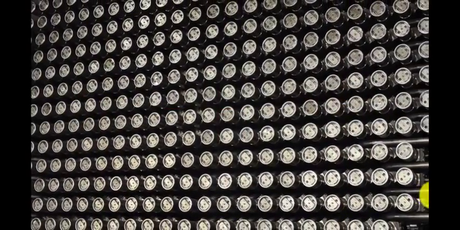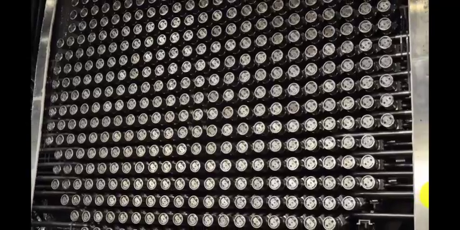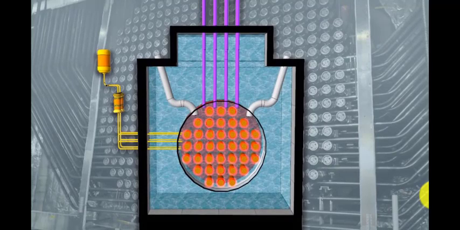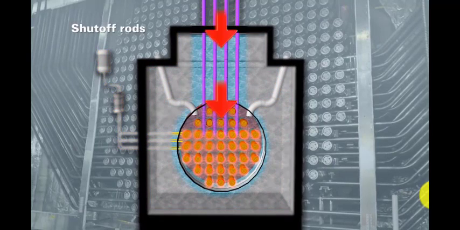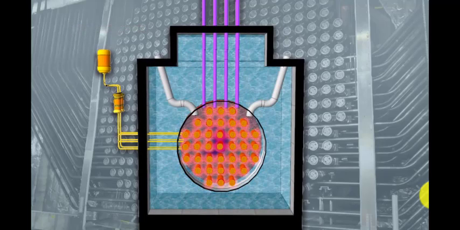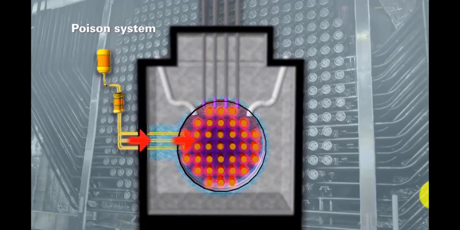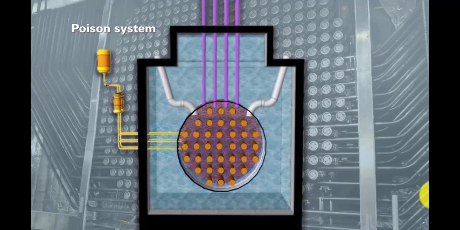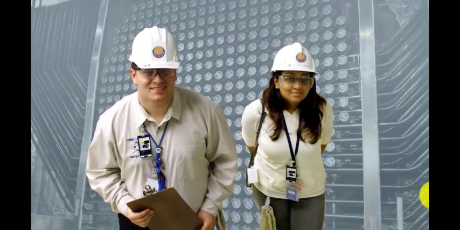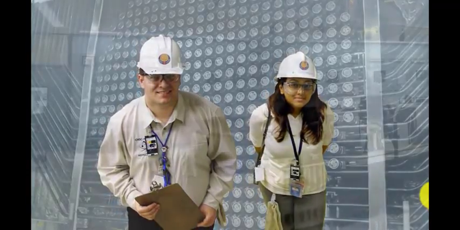CANDU reactors have two efficient and equally effective shutdown systems. The first shutdown system is made up of rods. They fall automatically and stop the nuclear reactor if something unusual happens with the reactor. The second system inserts poison, which stops the reactor immediately. Both systems work without power or operator intervention. However, they can also be activated manually. These systems are regularly and safely tested.